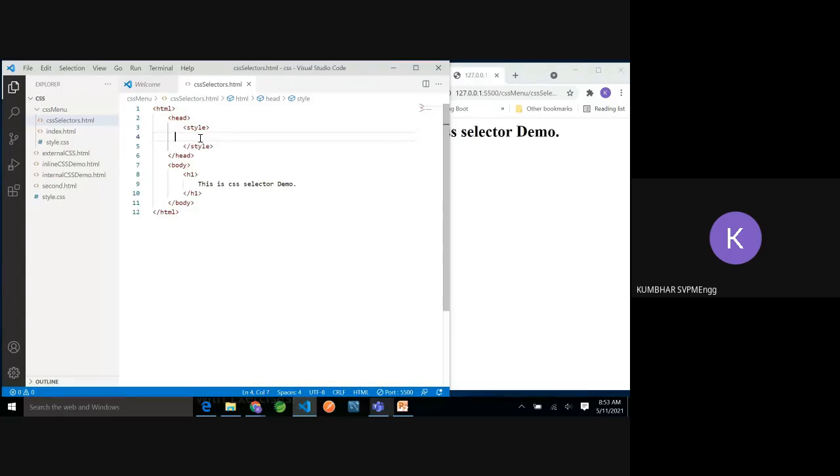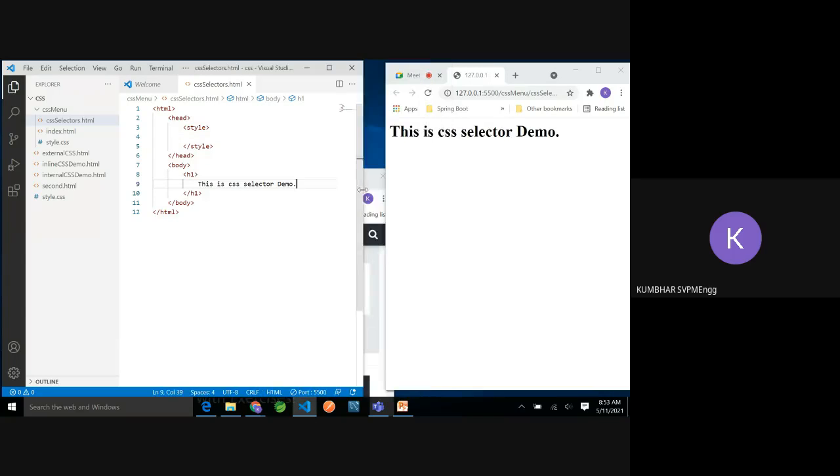So as I said, different selectors. The very simple or straightforward selector which we can use is the element selector. So I think you can understand with the element selector, which HTML element we want to select to apply the style.